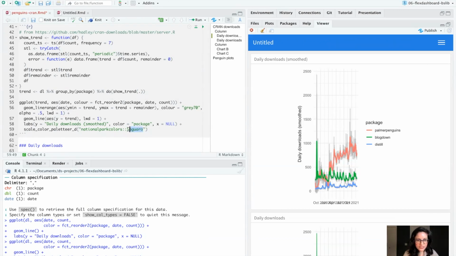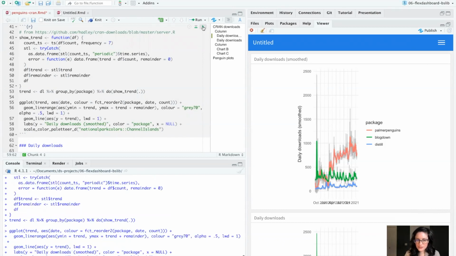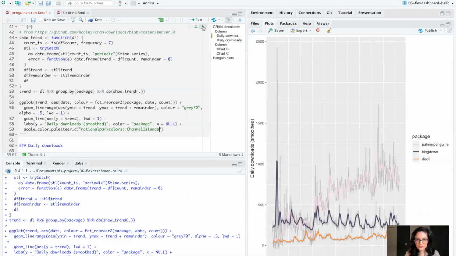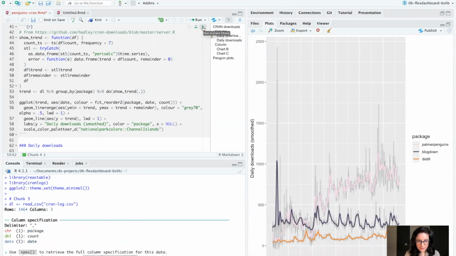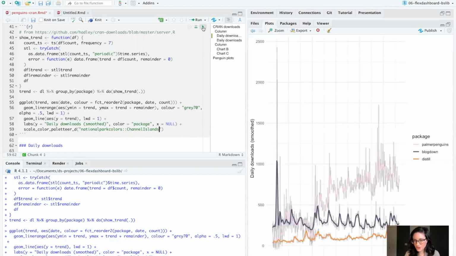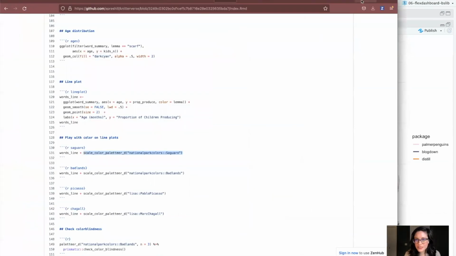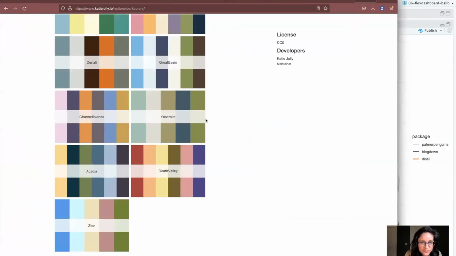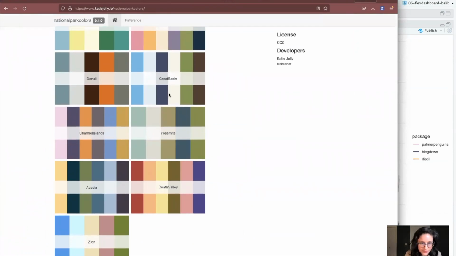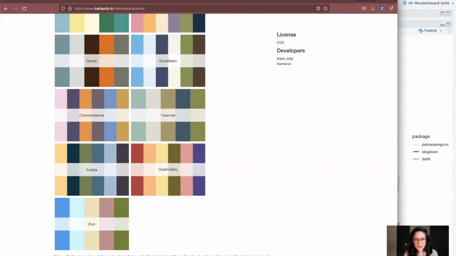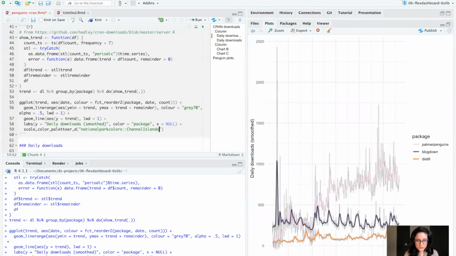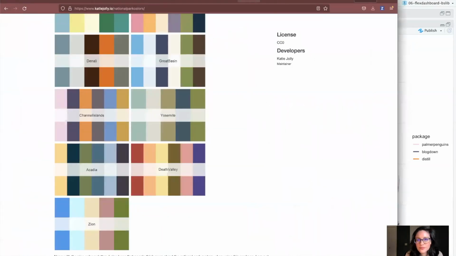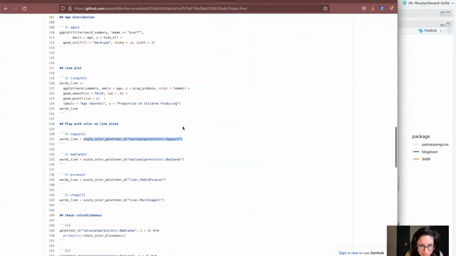So National Park Colors, what did I say? Channel Islands. And I said it was going to be tricky to type because it looks like that. Let's see how that looks to me. Oh, it doesn't know about theme minimal yet. This is a little bit too light. Let's go back to Katie's. Oh, now I'm worried Great Basin is going to have too light of a one too. Go back to my own code for a second. Did I save a way to change which one I